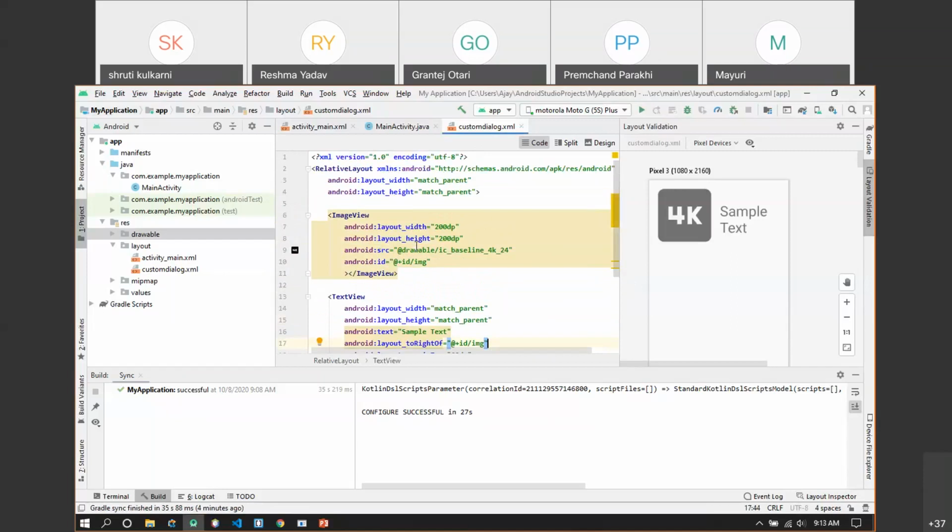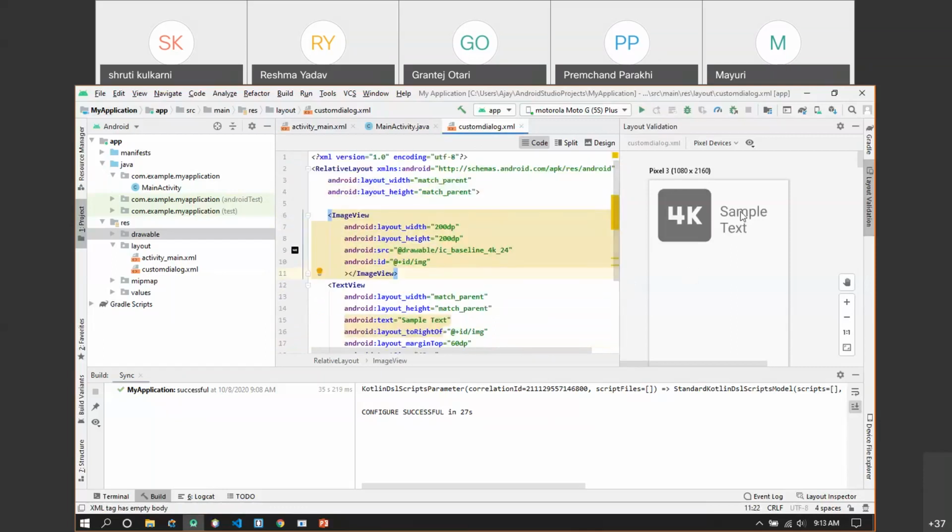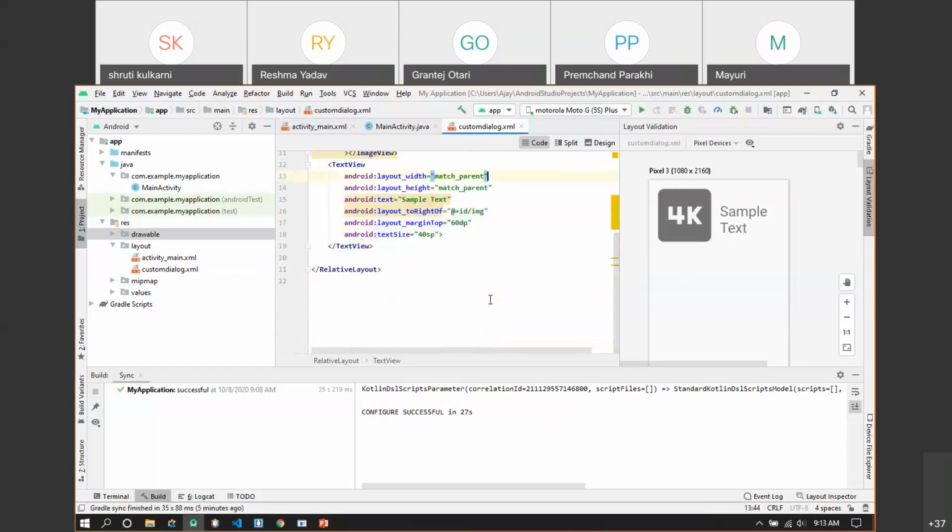So we are just designing the background, or designing the design for our dialog. Okay, so this is our image view, and this is our text. Now as we said, below that we have to take two buttons. Okay, so let me add the button. Now before that we have to give the ID for this particular text also. So I can say ID is equal to @+id, some text, so I'll call it as TXT only.